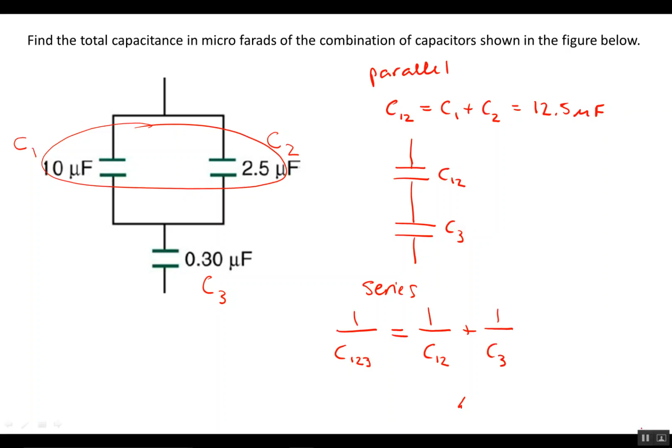So now you have to do a bit of algebra. The total capacitance C123 of the entire circuit is 1 over (1 over C12 plus 1 over C3), and that's equal to